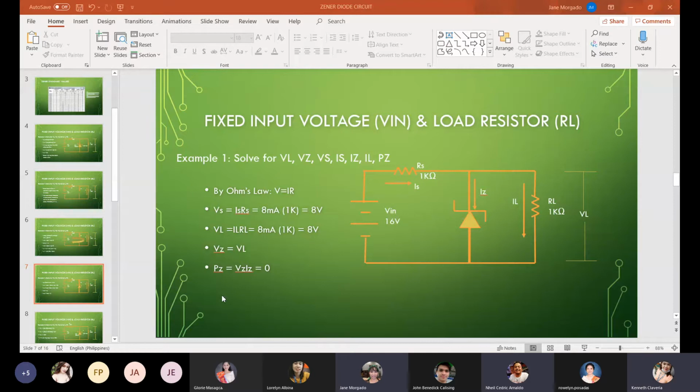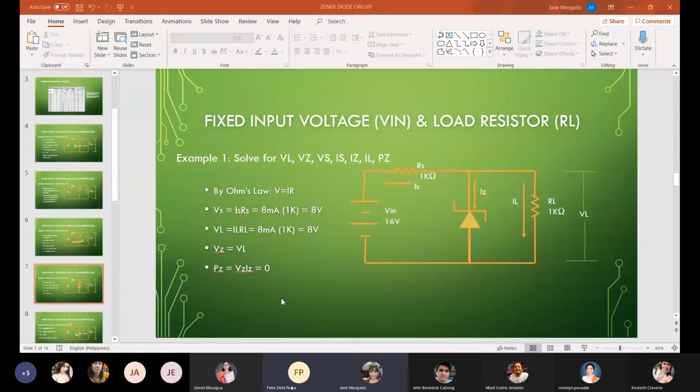Kasi dumaan na po siya sa RS and RL pa rin. Okay. Iba pang opinion. Naghati po yung dalawang resistor. Yes, and then? Kaya po naging 8. Tama yun. Tama yung 8. Pero bakit siya 8? Nahati po yung current, ma'am. Dadaan sa kabila, tapos dadaan din sa kanya. 0 ang current across Zener kasi open siya, di ba?